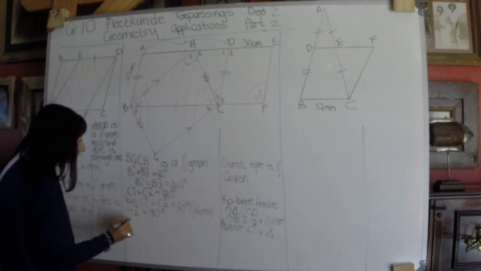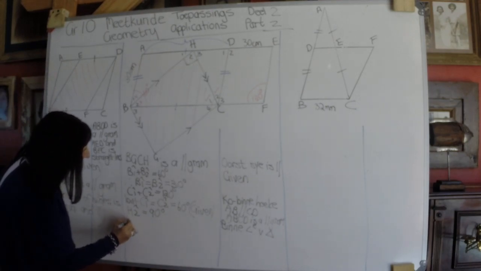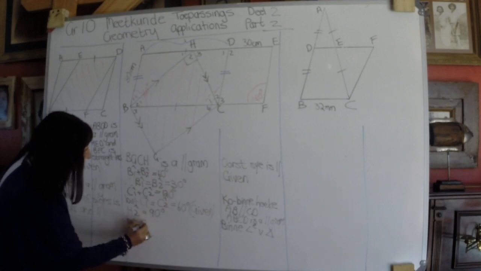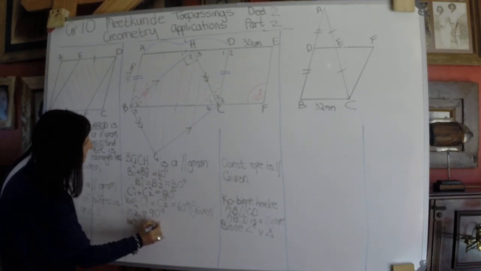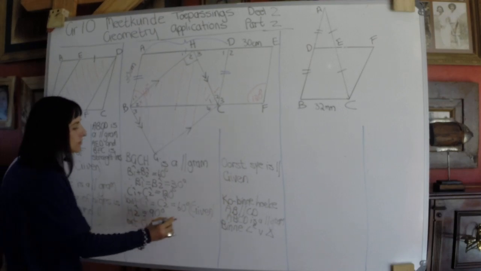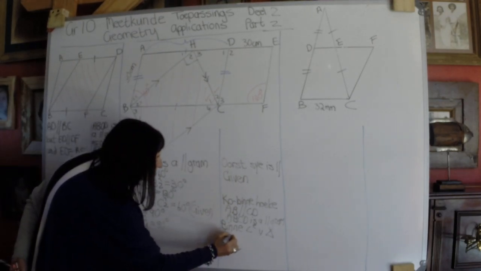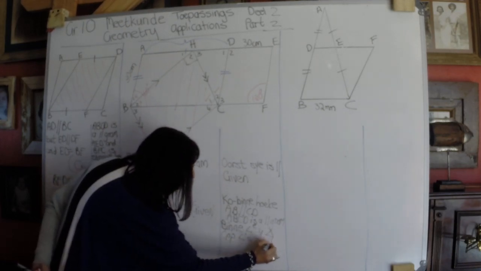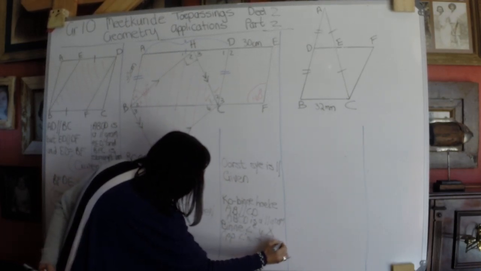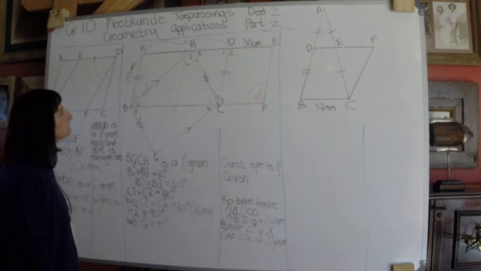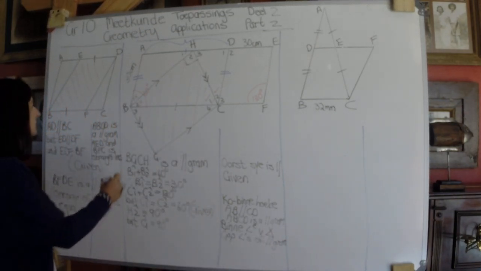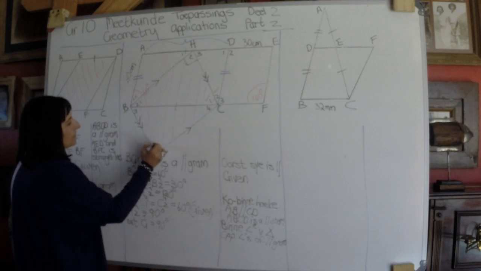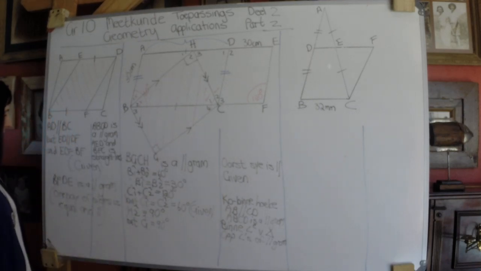And then, G also equals 90 degrees because that's opposite angles of a parallelogram. That also equals 90 degrees, opposite angles of the parallelogram, and then we know,